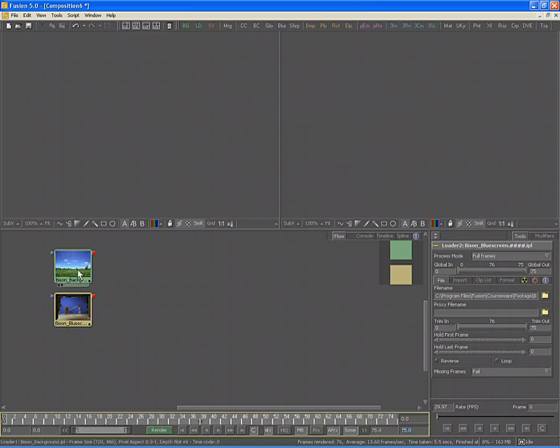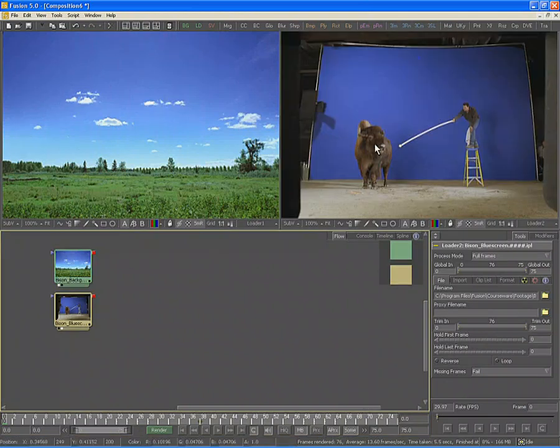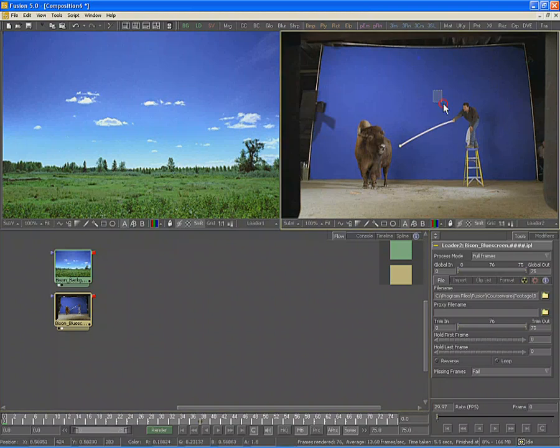View the background in the left display view and the foreground in the right display view. Our background is a pleasant pastoral scene. It clearly needs livestock, which is why the foreground contains a bison in front of a blue screen. Bison are notoriously unreliable actors, so our scene also has a trainer on a ladder with a long stick to help guide the animal's attention. The goal of our tutorial is to get the bison from the foreground into the background scene, without bringing the